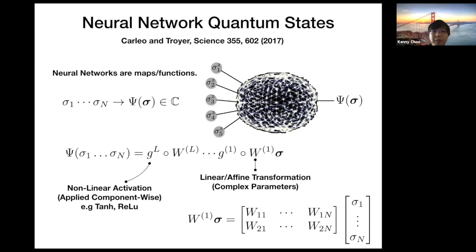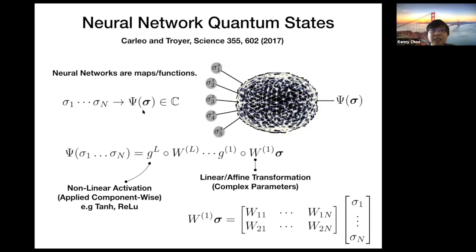Okay, so I'll first briefly describe what we mean by neural network quantum states. Basically, neural networks are just highly parameterized functions or maps where we give the network some input and the network spits out some output. The output can be a single number or a vector of numbers. Similarly, wave functions are also just functions or maps from the Hilbert space to some complex amplitude. Given a basis vector, the wave function simply assigns a complex amplitude to this basis vector.